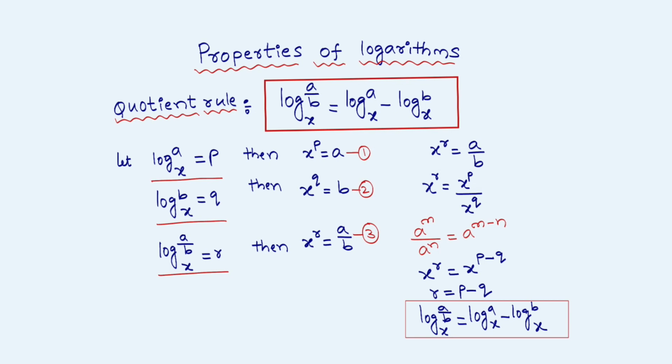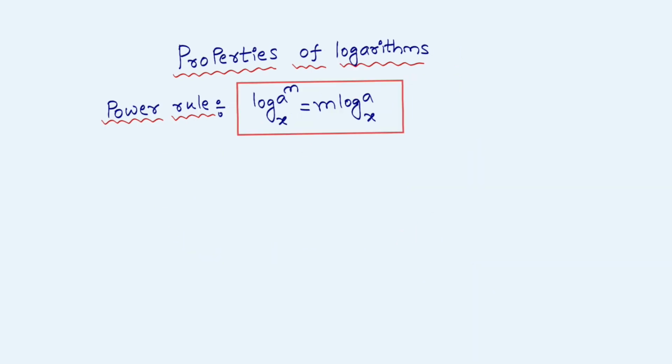Now one more important rule, that is the power rule. Now let's see how to derive the power rule. Sorry, it's not the product rule, we already did the product rule. First rule is product rule, second is quotient, and the third is power rule. So in this we have only two terms, we do not have log b to the base x. So first what we do, let